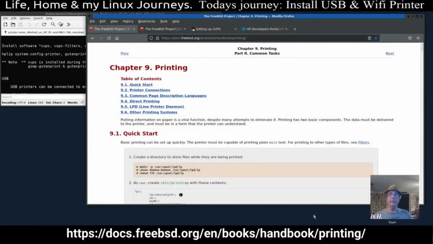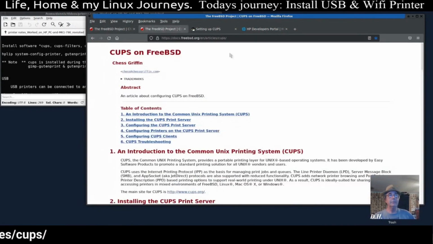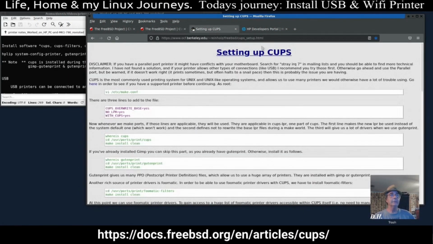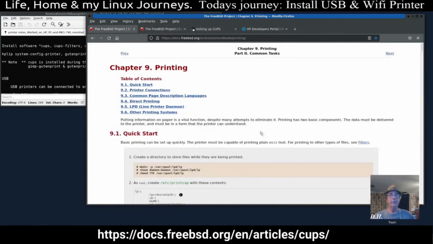Okay, hello there, I'm Dennis, and in this video we're going to install a printer. The journey's going to start right here in the FreeBSD handbook. It's chapter 9, it's under the printing. Then we're going to cover CUPS, we're going to set up CUPS, and we're going to do both USB and wireless printing. So the first thing I'm going to do is set up